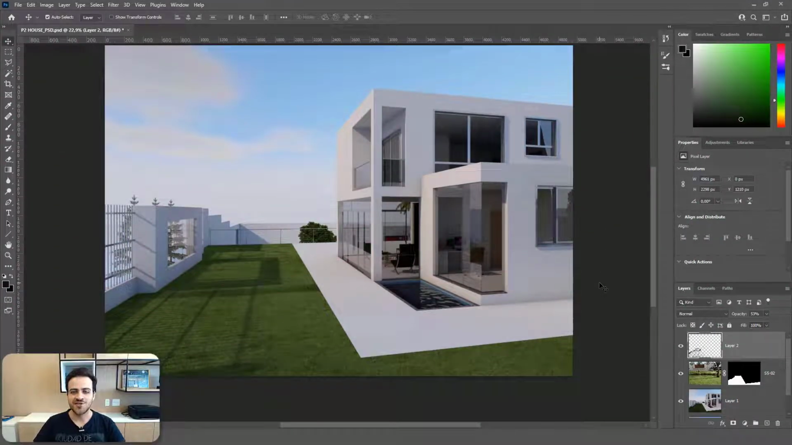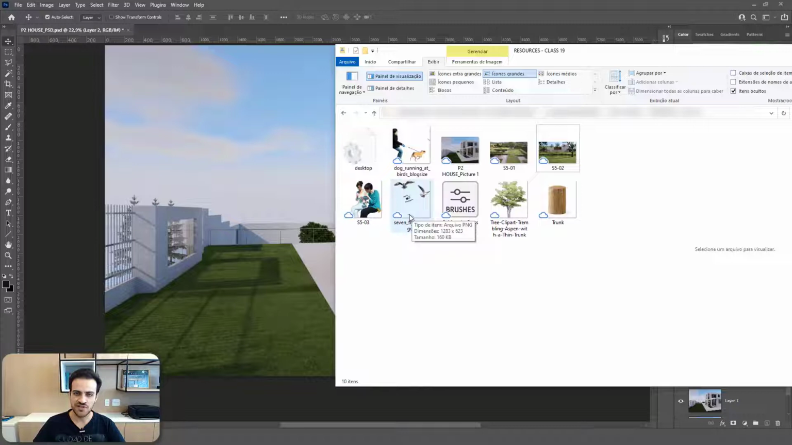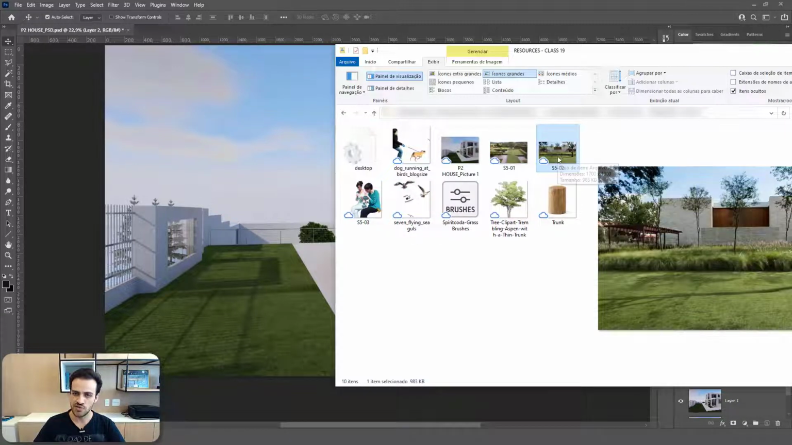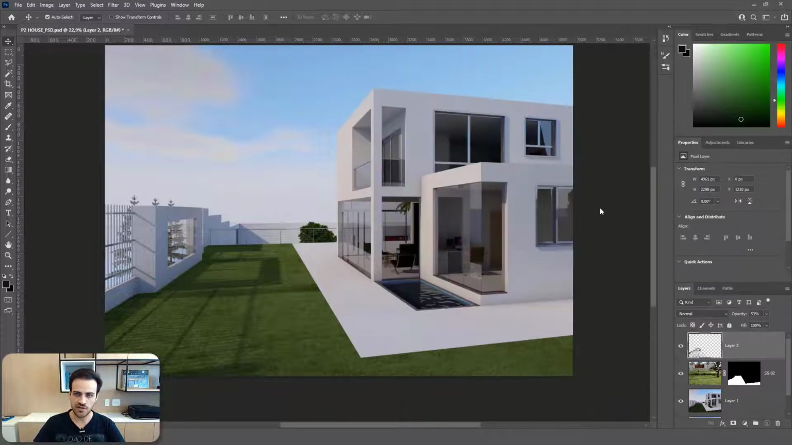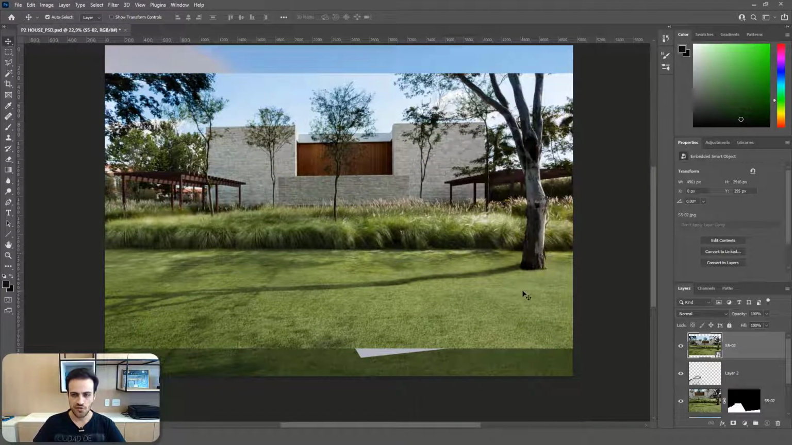Hello guys, in this class we will proceed with our project, P2 house, using our resources available on the first class of the section. I will drag an image to use the vegetation that I have on it, and I will drag it to my image. So here I will rasterize layer, click with the mouse right button,